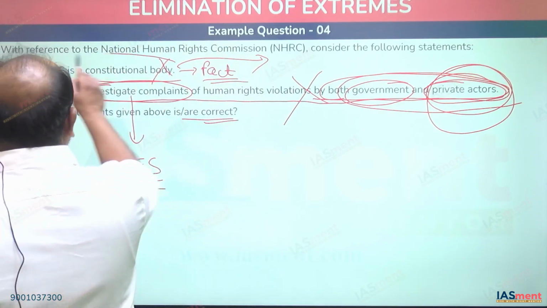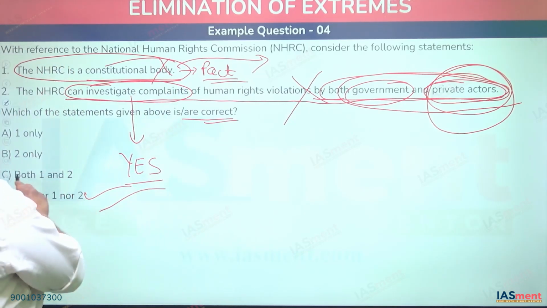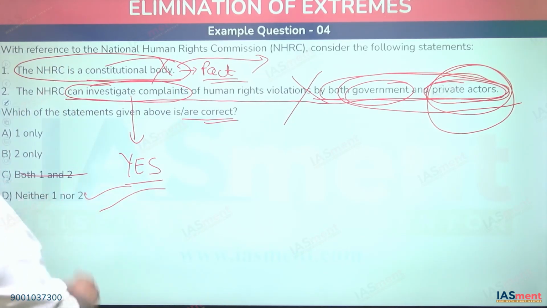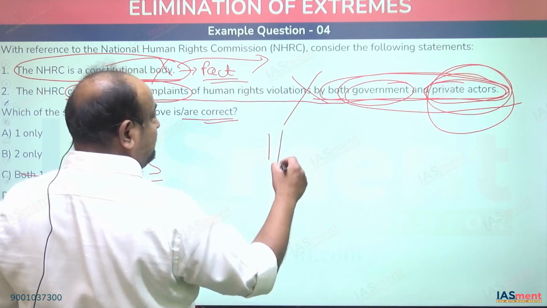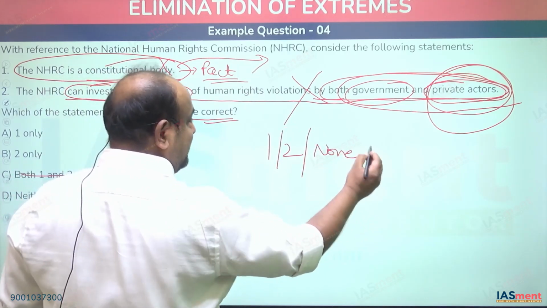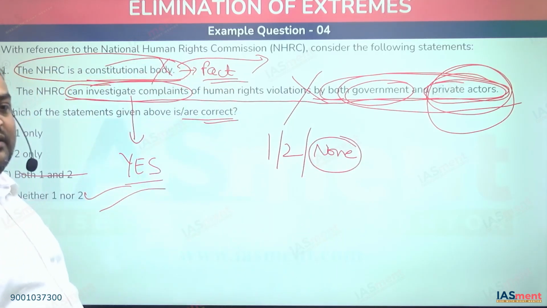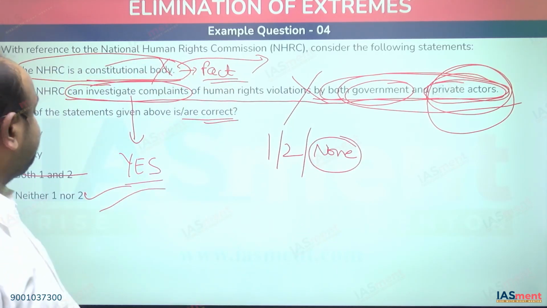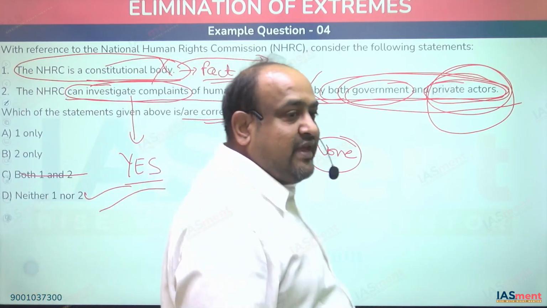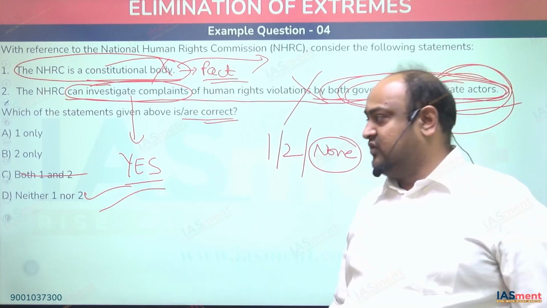Now, how was the technique applied over here? First, we concluded that the first statement is wrong. If we concluded this, then C is definitely ruled out. C can never be the correct answer. Now, as I said, the most likely answer is 1 or 2. But there is also a chance that none can also be correct. This is a question where none is correct. Along with that, what we learned from this question is how to apply logical guesses.